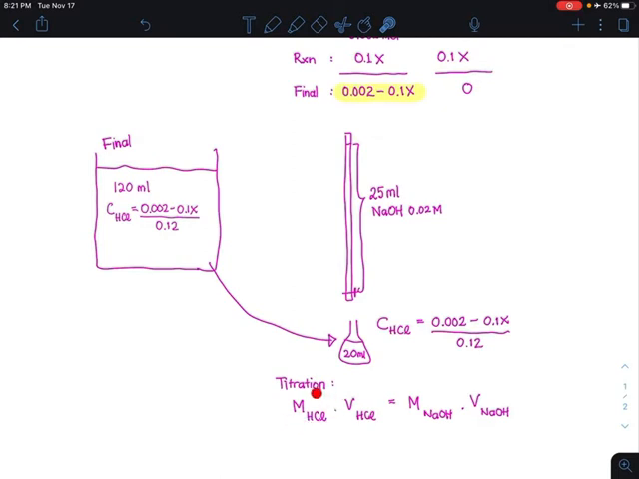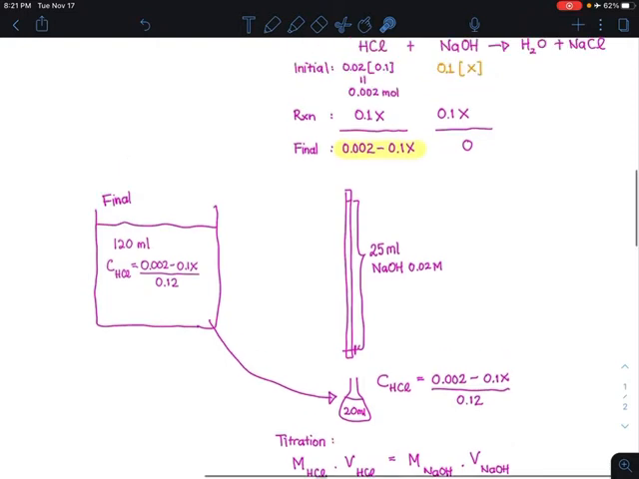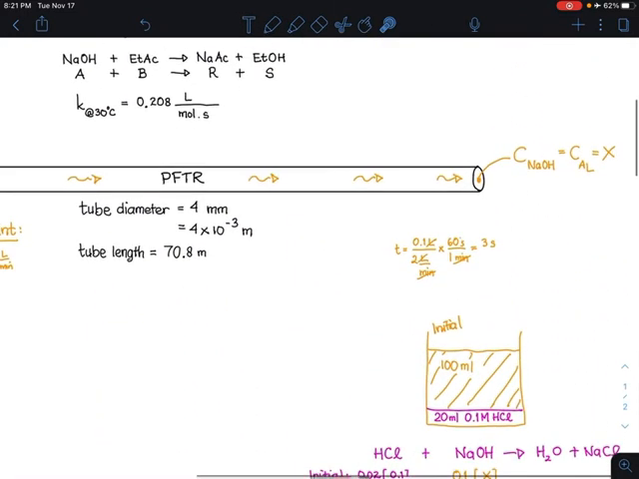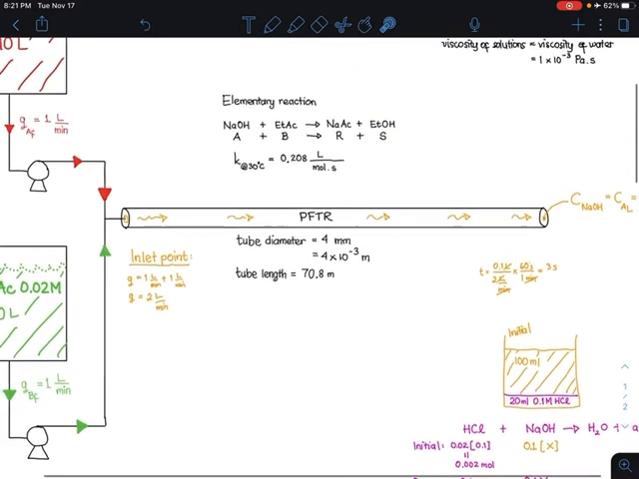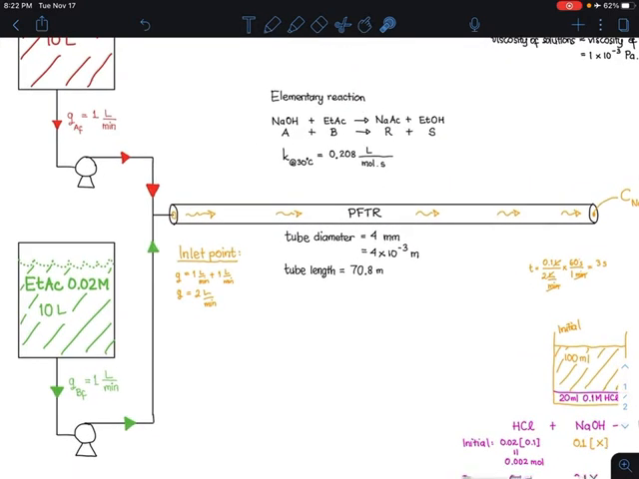The concentration of HCl in the flask times the volume of HCl in the flask will be equal to the concentration of sodium hydroxide in the burette times the volume of sodium hydroxide required to neutralize the hydrochloric acid. Okay, so now let's try to use some numbers. If you sub in all these values,